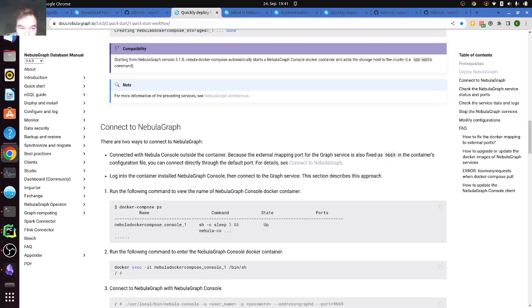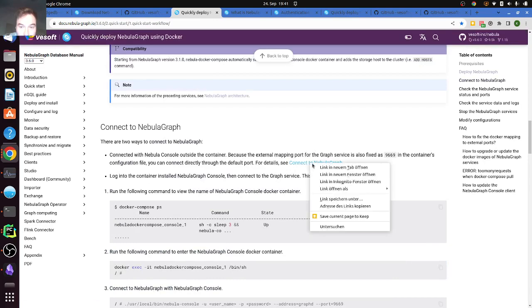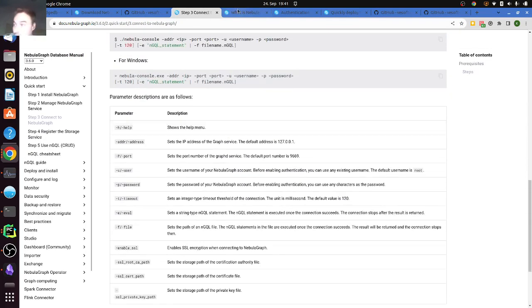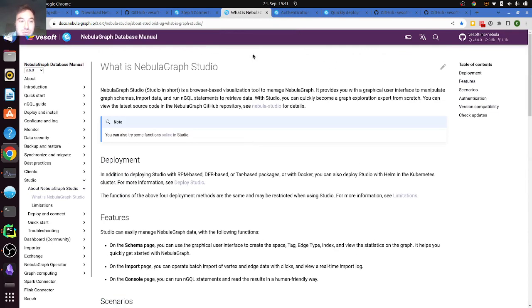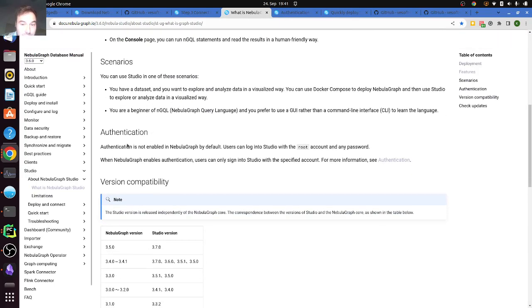So this is the port, this is okay. But we want to have studio. Where's the studio explanation? What is NebulaGraph Studio? That looks right. Features, scenarios, authentication. Users log in with the root account and any password. Enables the